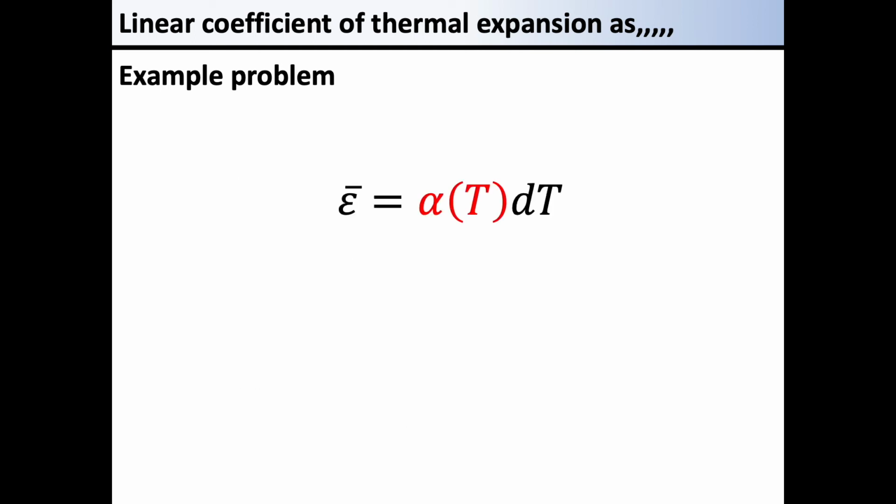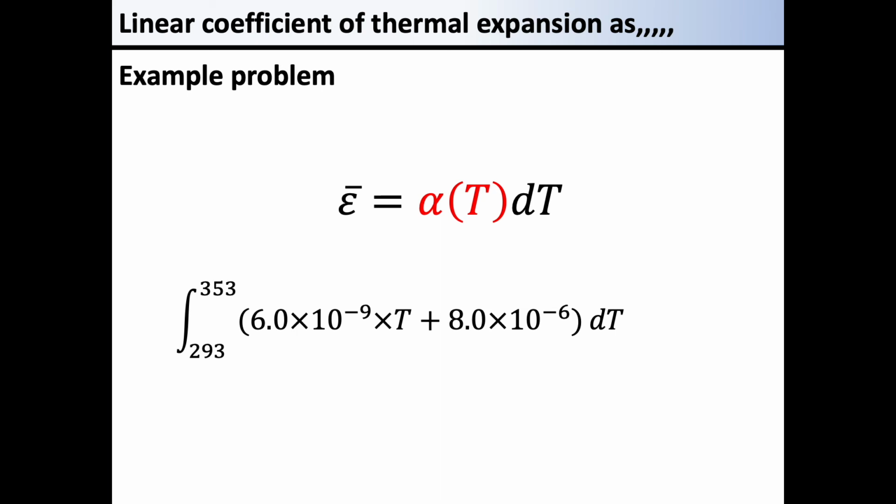In this case, we cannot calculate directly by using delta T as in the problems before. So, we are solving the problem in the following procedure. The function of linear coefficient of thermal expansion, alpha(T), should be multiplied by a small fraction of temperature. Then, we get a small fraction of thermal strain. Here, we notice that the linear coefficient of thermal expansion multiplied by a small fraction of temperature is a small fraction of thermal strain.